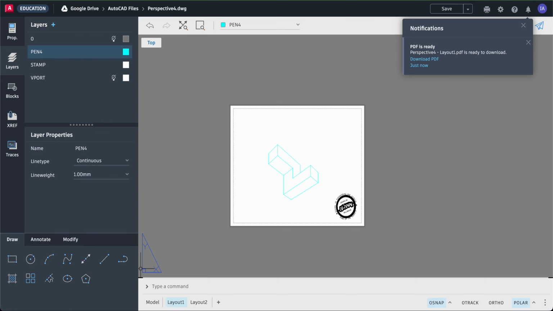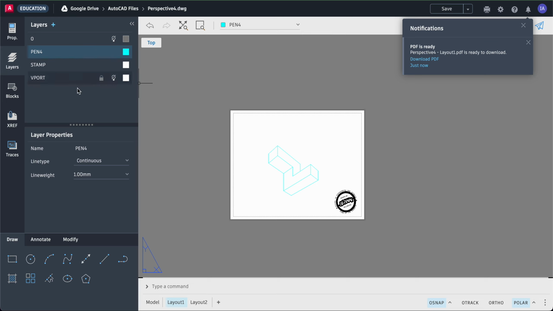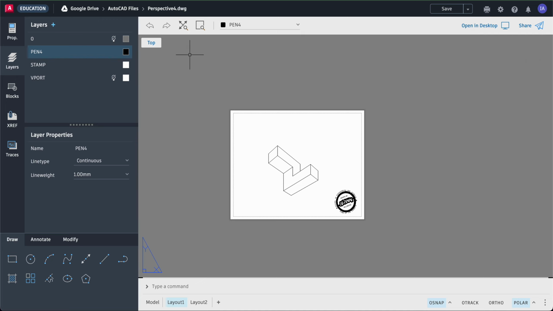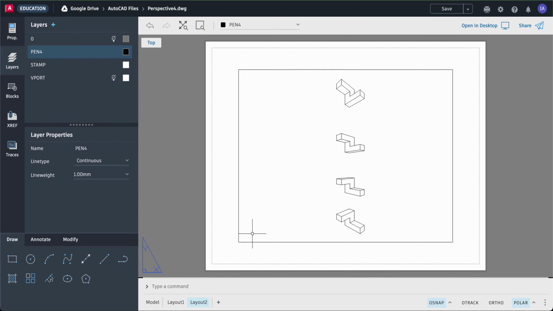Okay, so let's now fix that. We want pen 4 to be not 4 anymore, but actually be black. Okay, so when you PDF that one, that will show black now, and it should be thick. Okay, let's close this. So we're going to now go to layout 2, and layout 2 will show a viewport